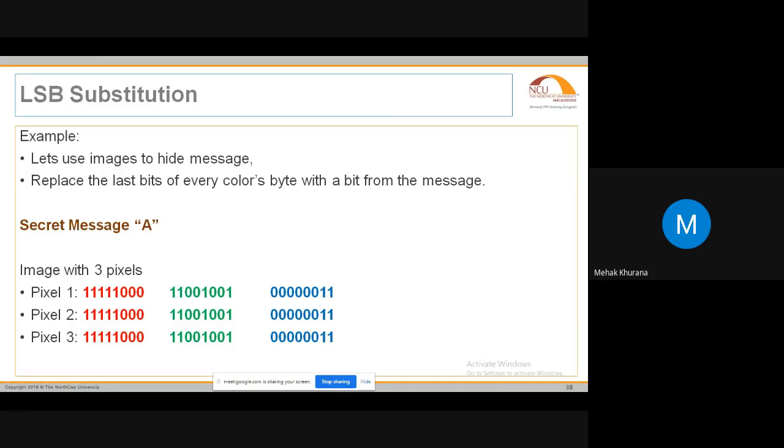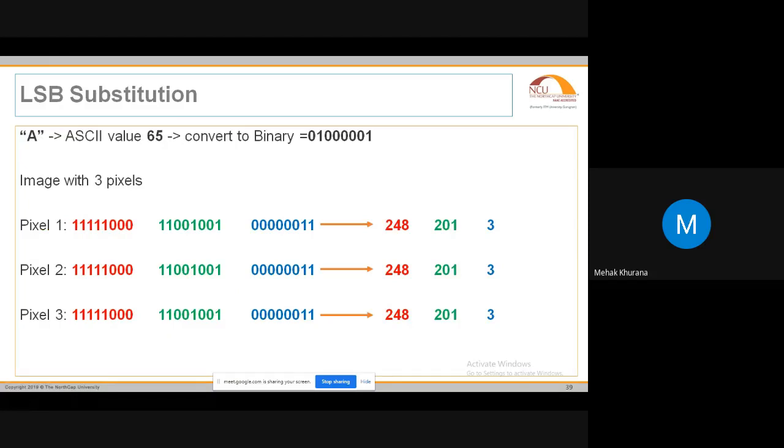Next, sir, please. So what we are going to do here is change the content. We'll have to convert the A, that is my message, into bits. How will that message be converted? We'll take the ASCII value of the message A. The ASCII value of A is 65, and then 65 can be converted into bits. That is your 8 bits, or you can call it a binary message. I've converted this A into a binary message, which comes out to be 0, 1, 5 zeros and 1.